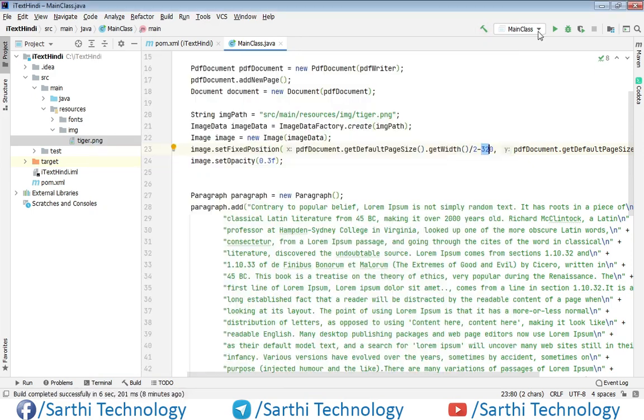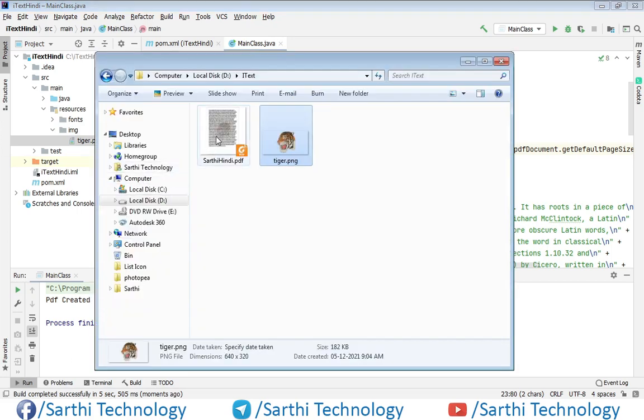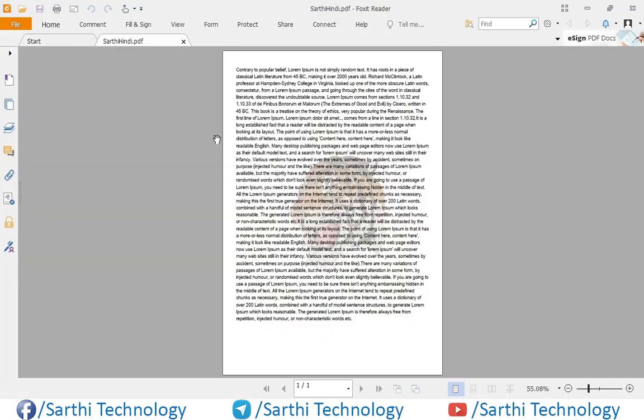So let's run this. Now the PDF is created, and here you can see the PDF with watermark.